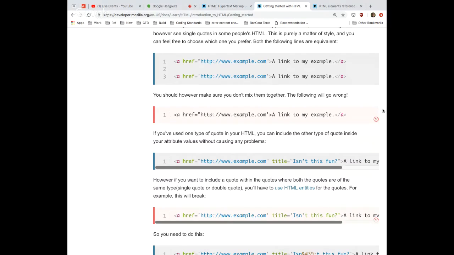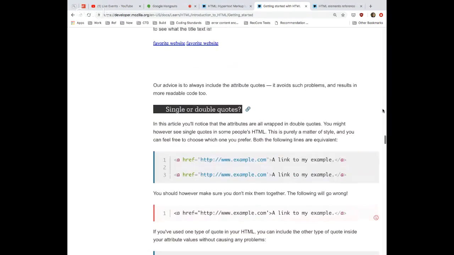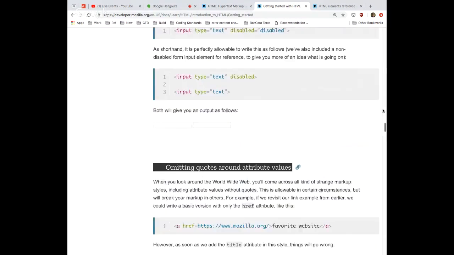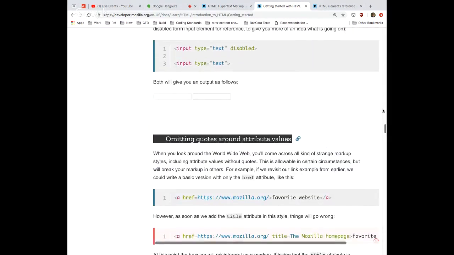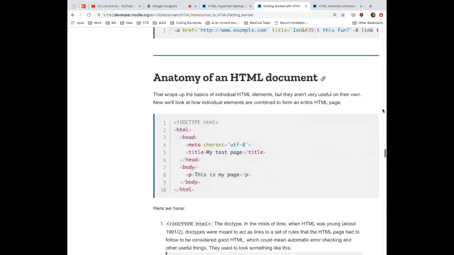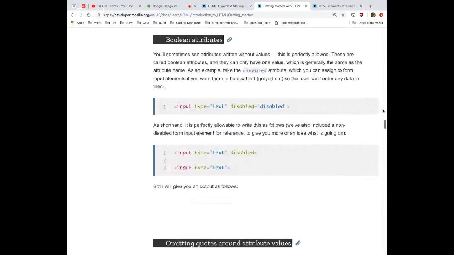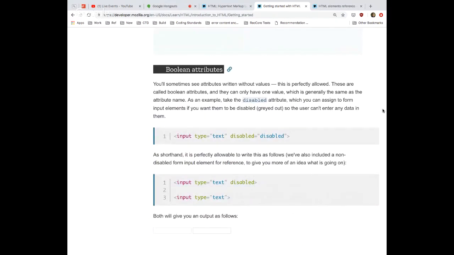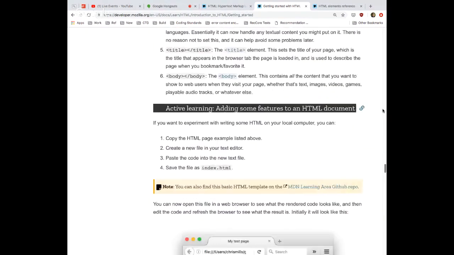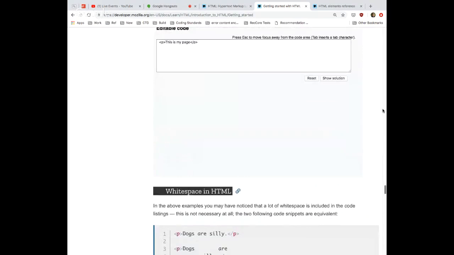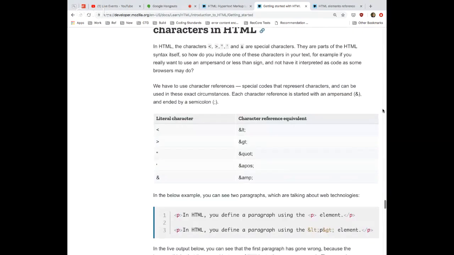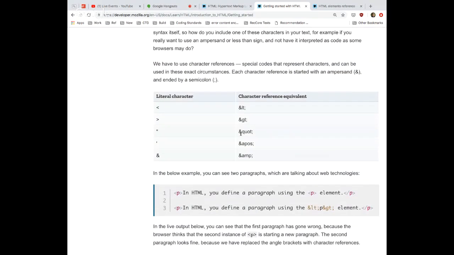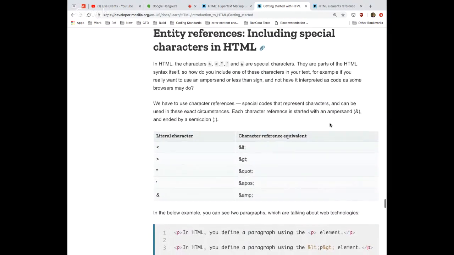Now, if you needed double quotes inside of your attribute for whatever reason, then you might want single quotes on the outside. But if you need both, we'll talk about it in a second, maybe. You can escape characters. Let me see here. Is that on this page? It is, and I wasn't going to get there just yet, but you can escape characters by using